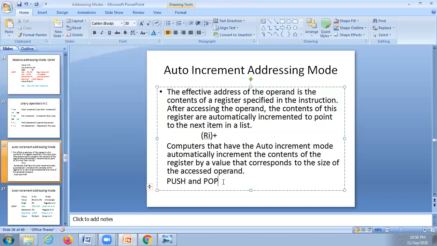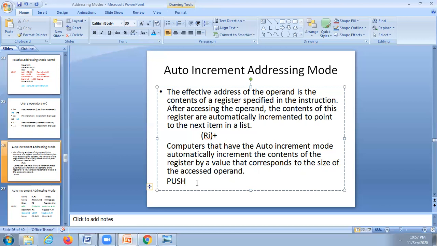The stack pointer already points somewhere, so at that location you first place the value, then the stack pointer is automatically incremented. This auto increment is used for push operations, because next it points to the next one.